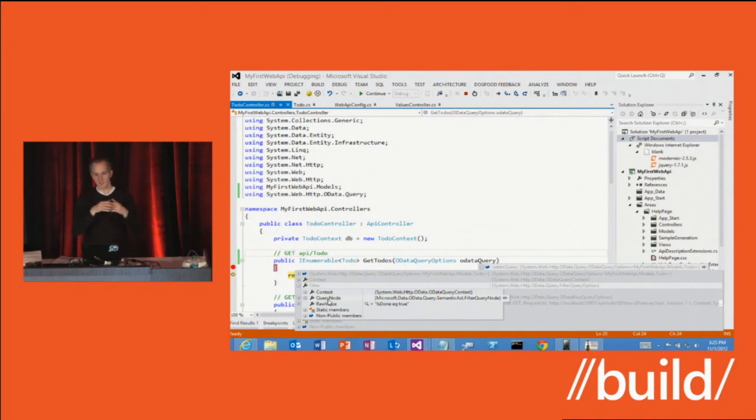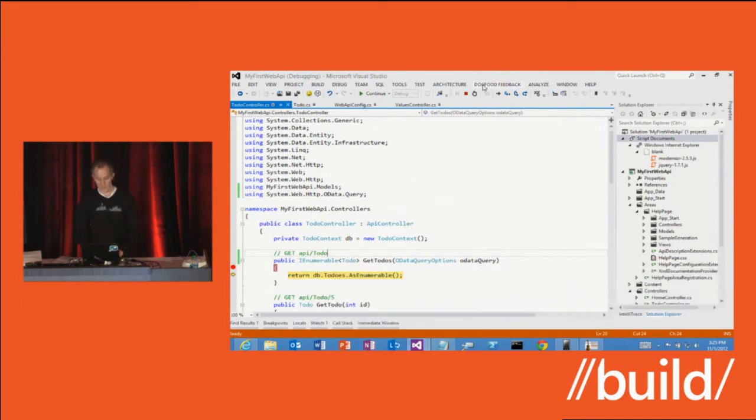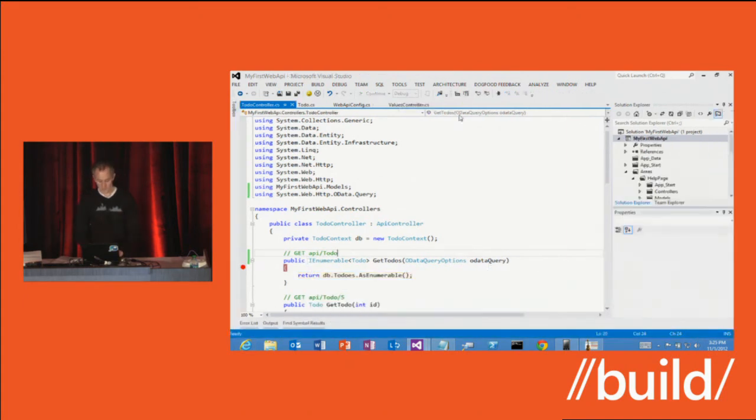I can apply some pattern matching and say, this is a query that I don't know how to deal with, so I'm not going to handle that. And then you can convert that query into whatever query format makes sense for your system. Like maybe you're going to run the query against a backend system using SQL or what have you. So that's a convenient way to deal with the query as well. That's new in the fall 2012 preview.